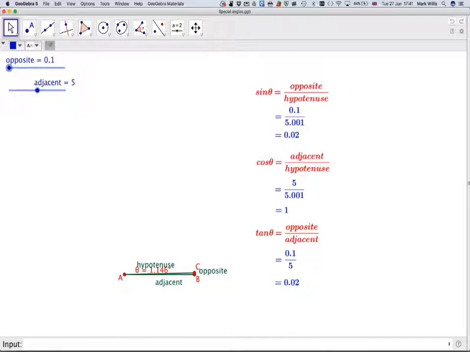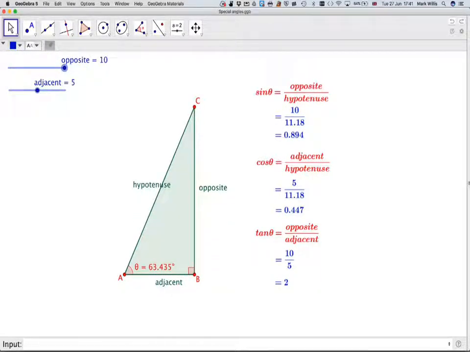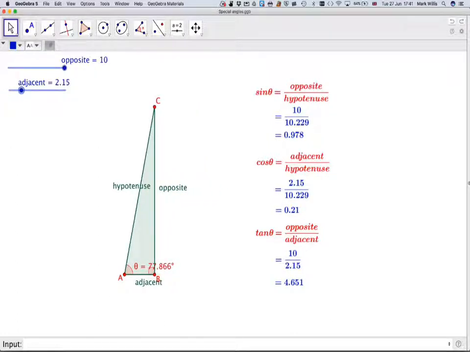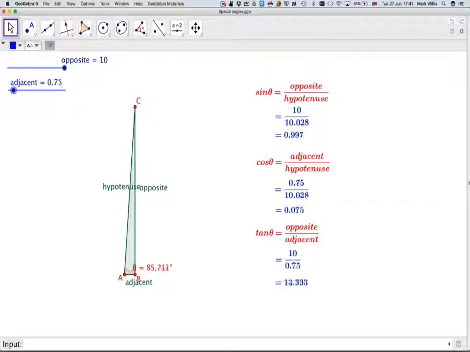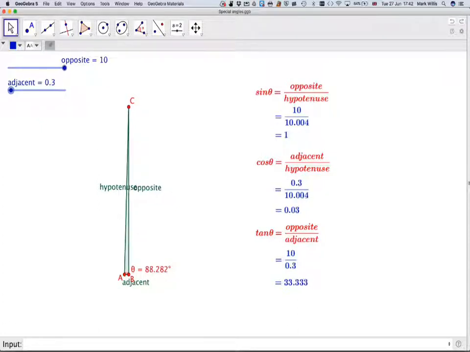Now what happens if we make the angle 90 degrees? So let's just take the opposite side back to that, and now reduce the side of the opposite side. Okay, so what we're doing is we're now making the adjacent side very close to 0, and now you can see the opposite is going to happen. The sine of 90 is approaching 1, 0.99 is 1, and the cos of 90 is approaching 0. The tan is just getting bigger, but if we now make that even smaller,